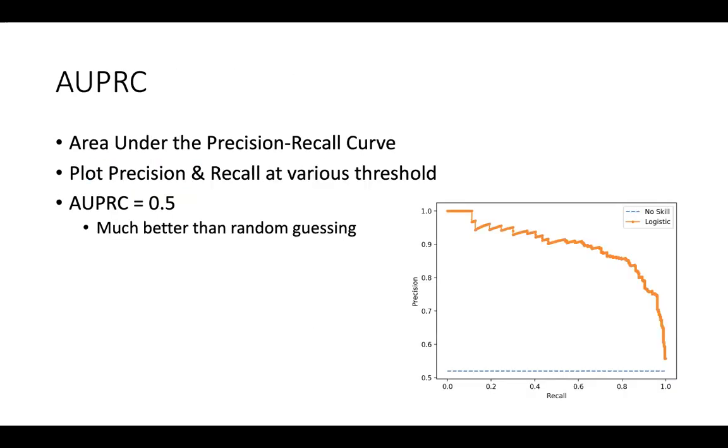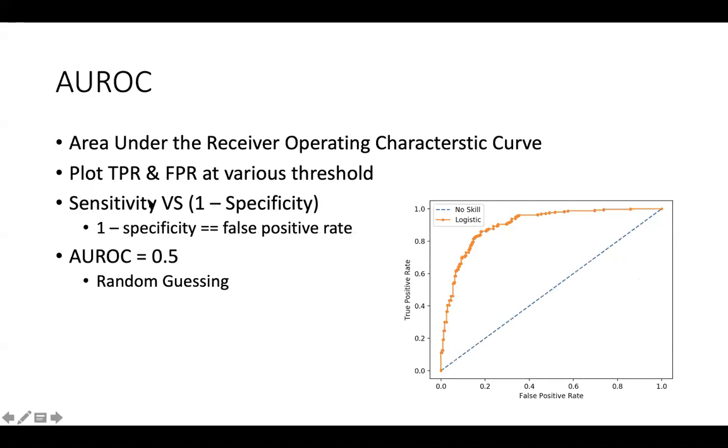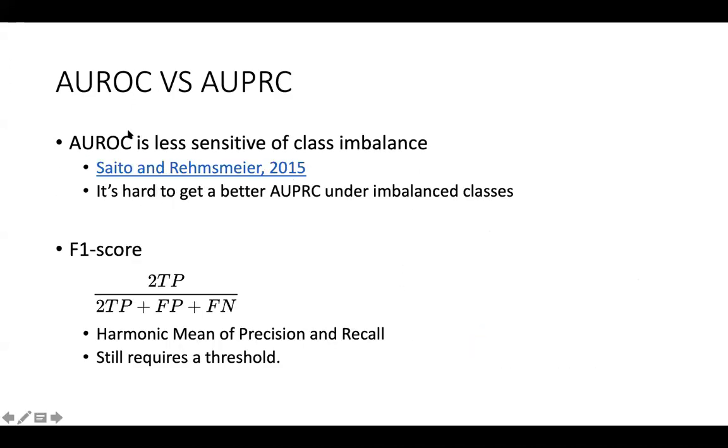Between AURC and AUPRC, which is the better metric for evaluating the performance of a binary classification model when the classes are imbalanced? Which one should you use? The answer is